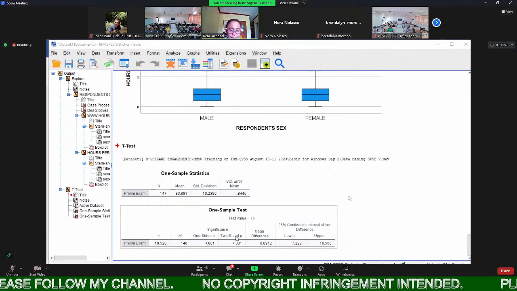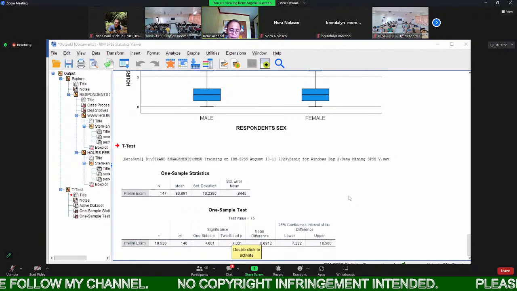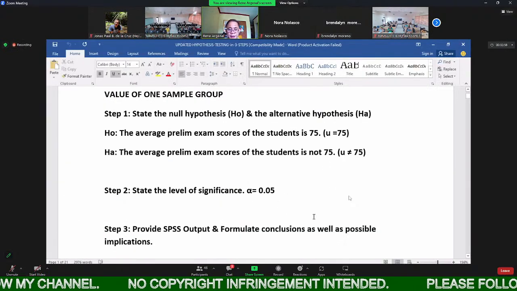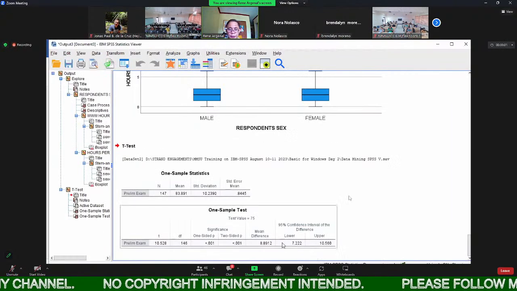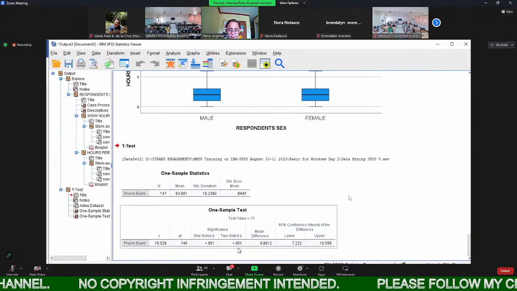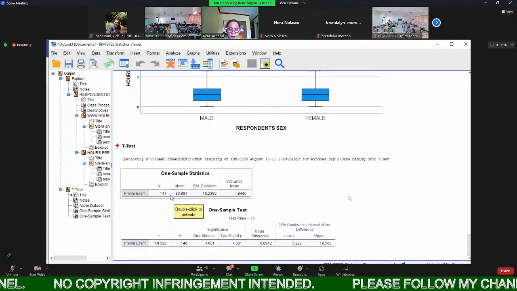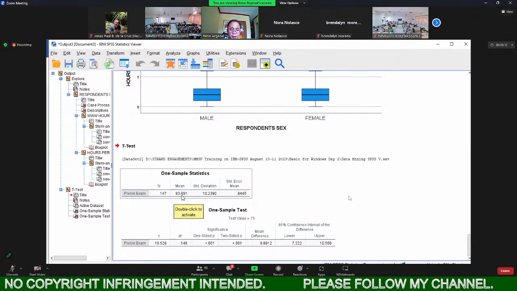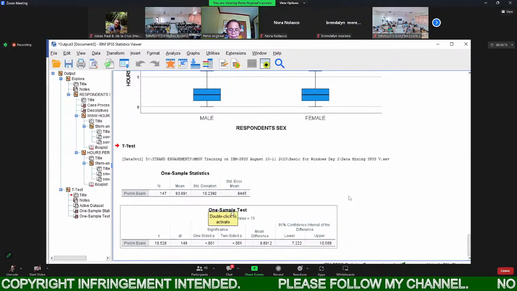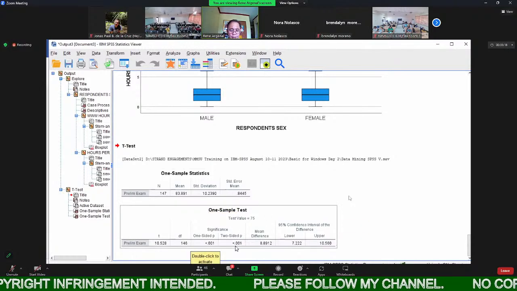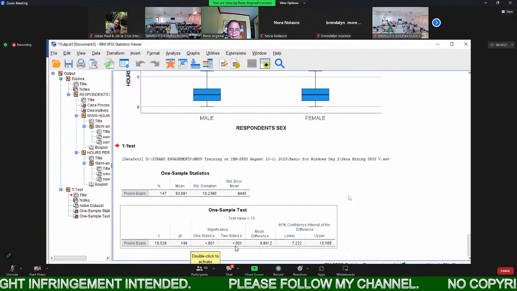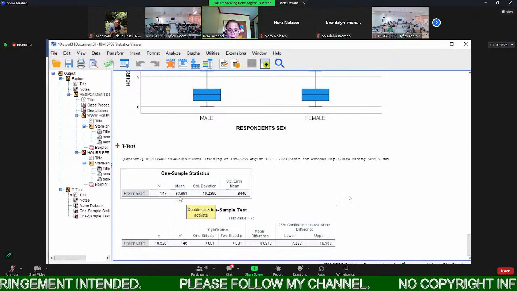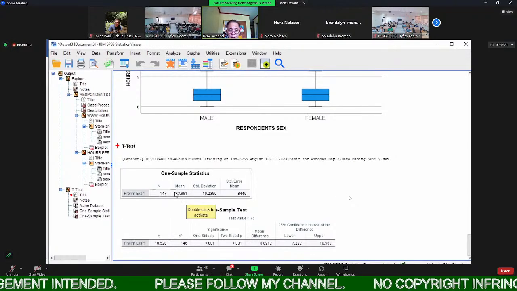Okay, so since our alternative hypothesis is not equal, it means that we will focus on the output for the two-tailed. The average prelim exam score of the students is more or less 84, no? And based on the results, since the p-value here is less than 0.05, it means that there is a significant difference between 75 and 84, meaning we are going to